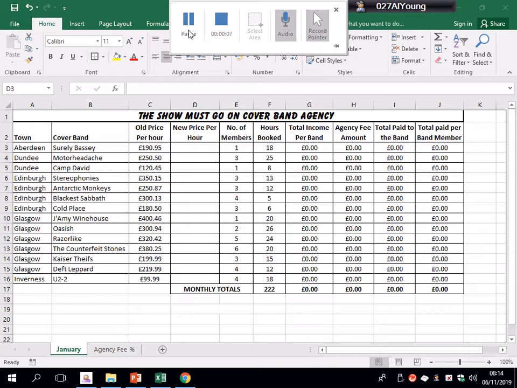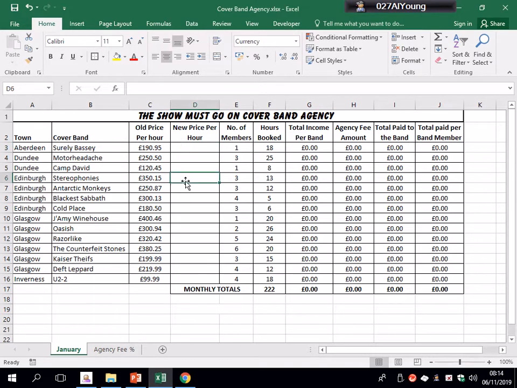So often you will see tasks where it asks you to round the amount. So you can see here the price per hour for the bands all have pence at the end. So the cover band agency has decided that it would like to just operate in pounds and not have pence be an issue going forward. So we're going to take the old price and we're going to round it so that we can calculate the